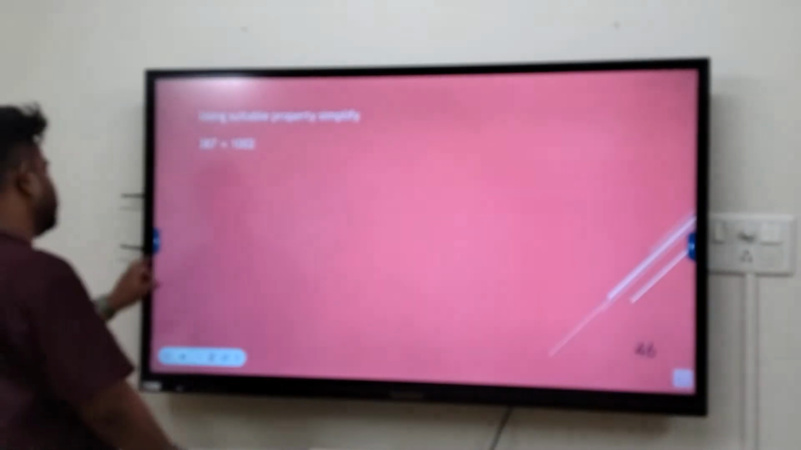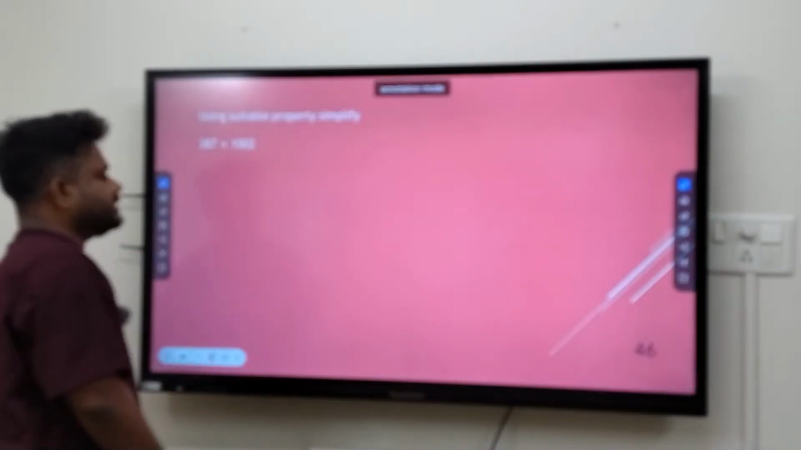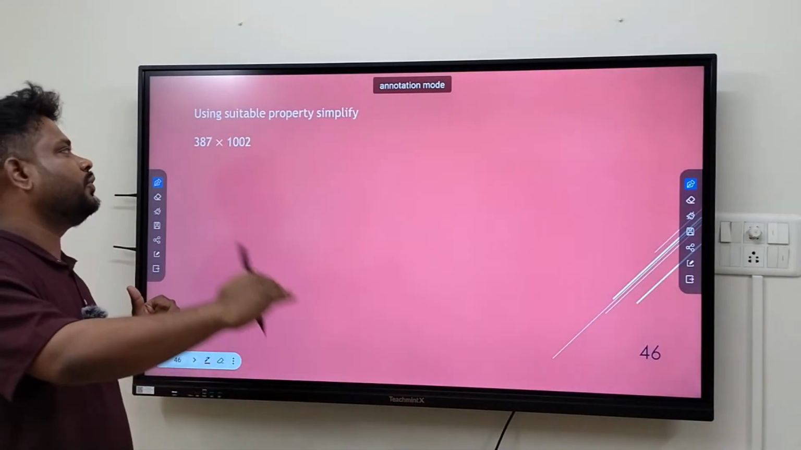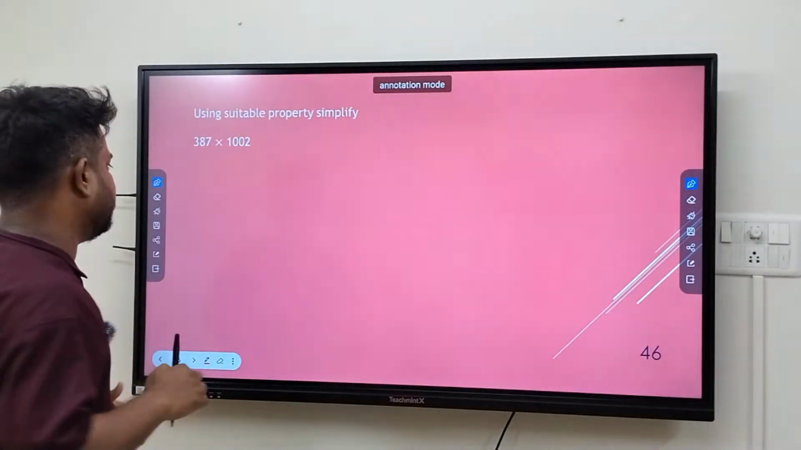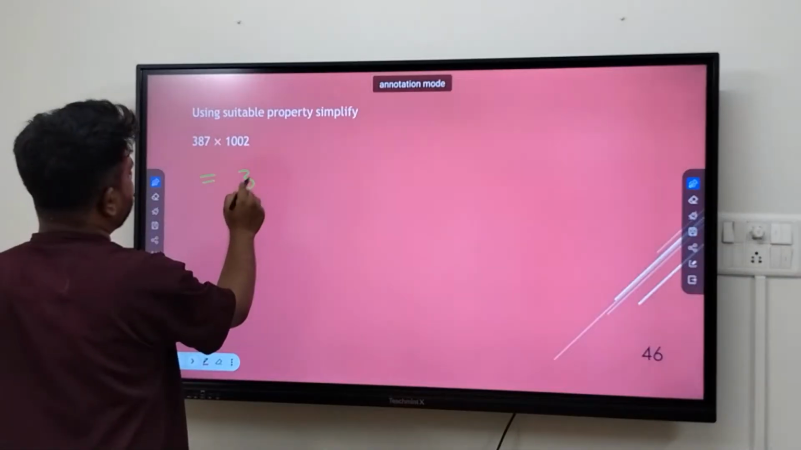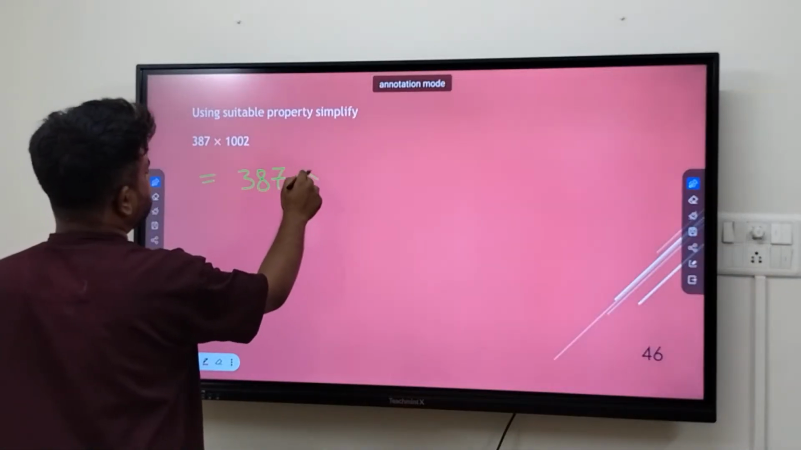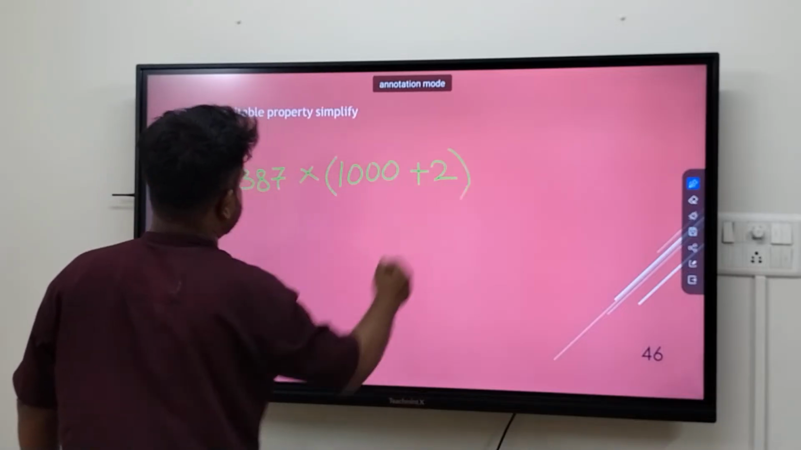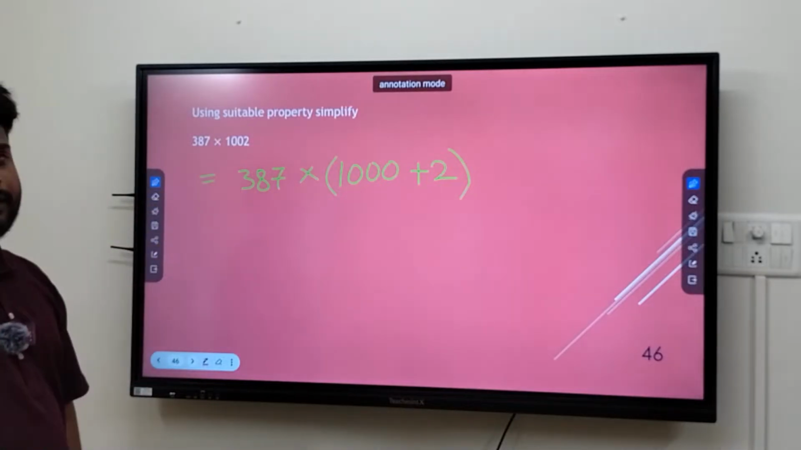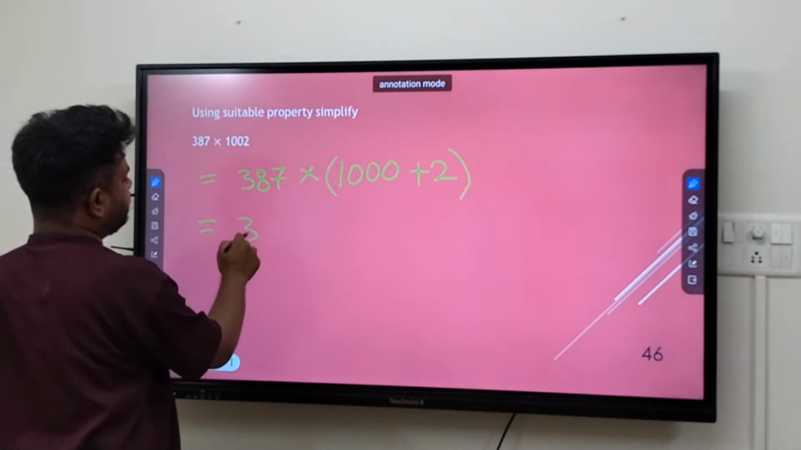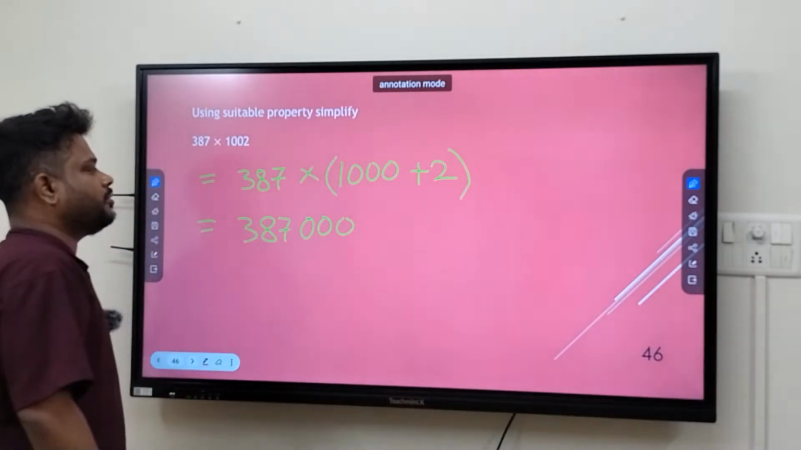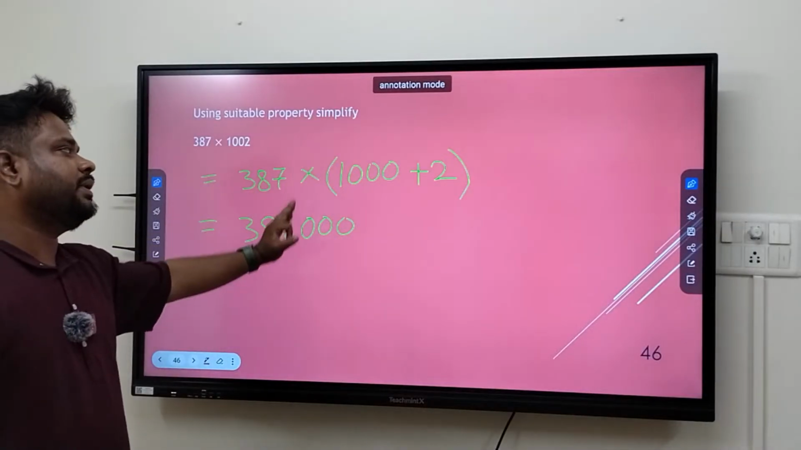Using a suitable property, simplify. So this one is pretty easy, and every student seeing this kind of sum for the first time just goes the laborious way. Don't go the laborious way. Just try to think about the properties and try to solve this. Yes, 1002 can be written like this, and now we have 387. Just using the distributive property, we can distribute 387 with all these two,